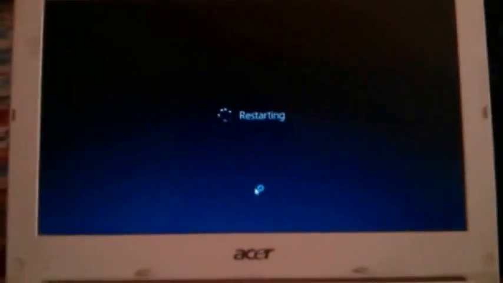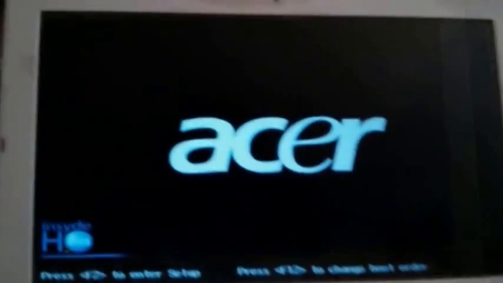Now click on reboot. After it finishes, it will ask you to reboot the system. The system will restart. Okay, so it's restarted.